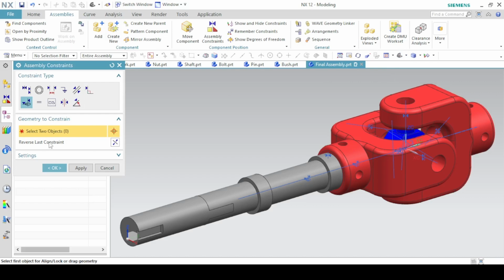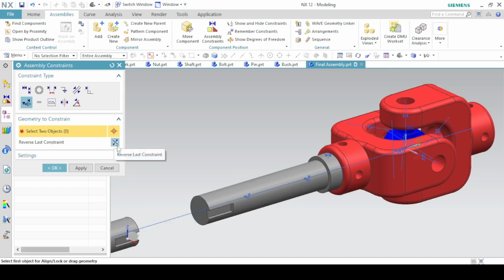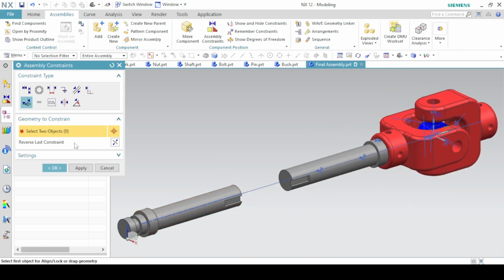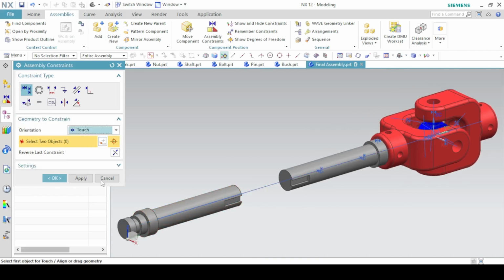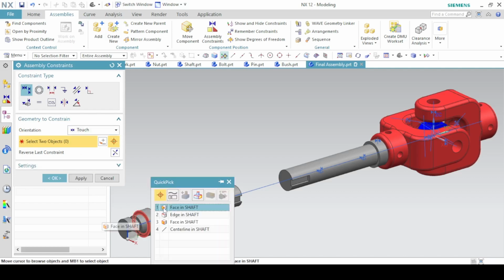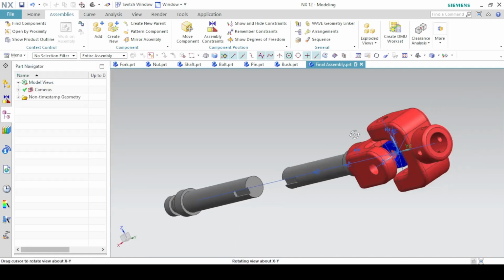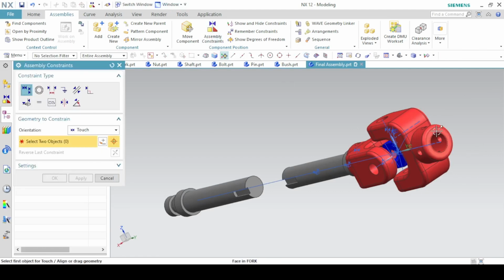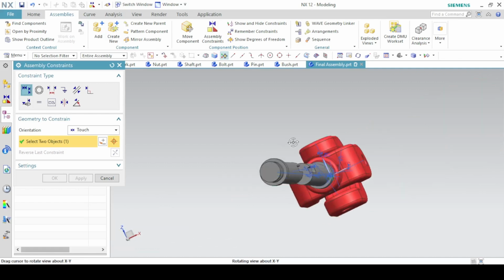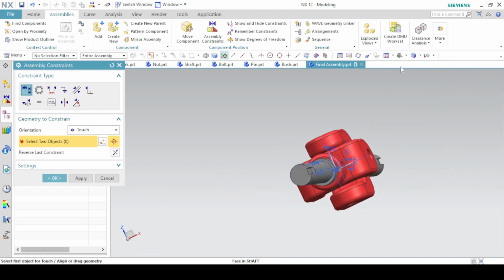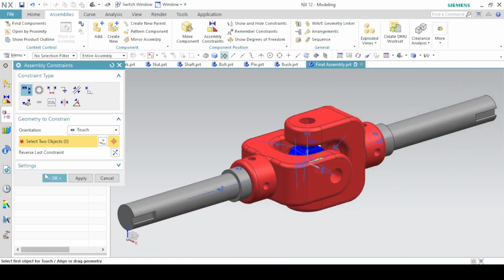And we want to reverse the last constraint to turn the fork in this orientation and then touch this face of the shaft with this face. Okay,